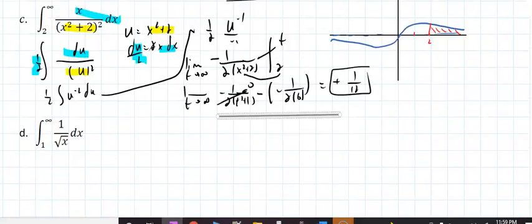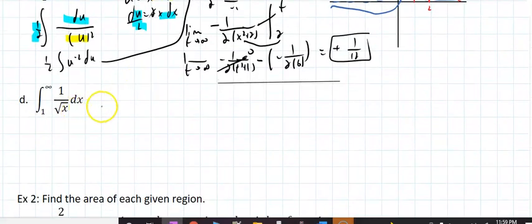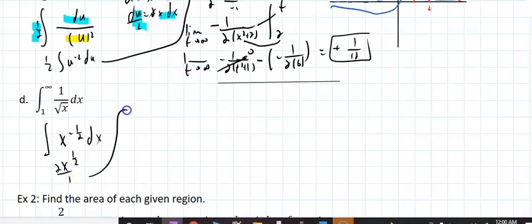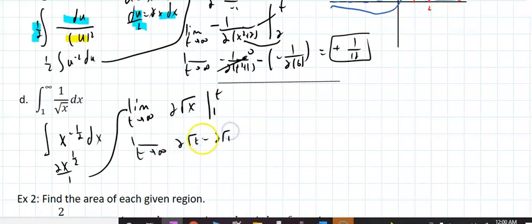And if I get something that's not finite, like part D, if I want to integrate this, again, we're not going to look at the graph. The graph is not part of the problem. I was just showing you how this works. But this is going to be the integral of x to the -1/2 dx. Add 1 to the power, divide by that. That is twice the square root of x, evaluated from 1 to t, taking the limit as t approaches infinity. That's the limit as t approaches infinity of twice the square root of t minus twice the square root of 1. Well, in this case, that approaches infinity. So here we say it does not exist